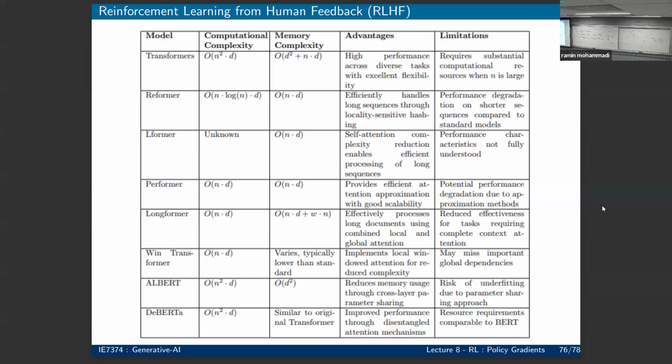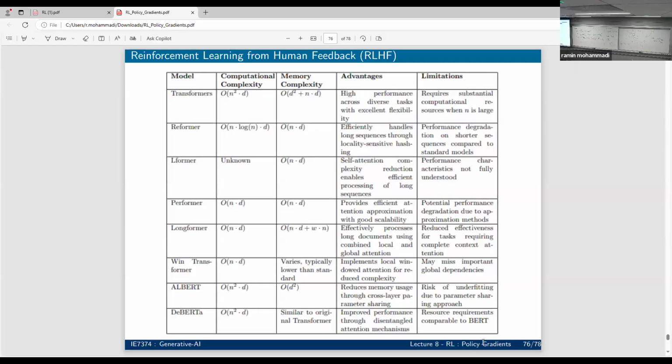One thing that I wanted to go over first before we